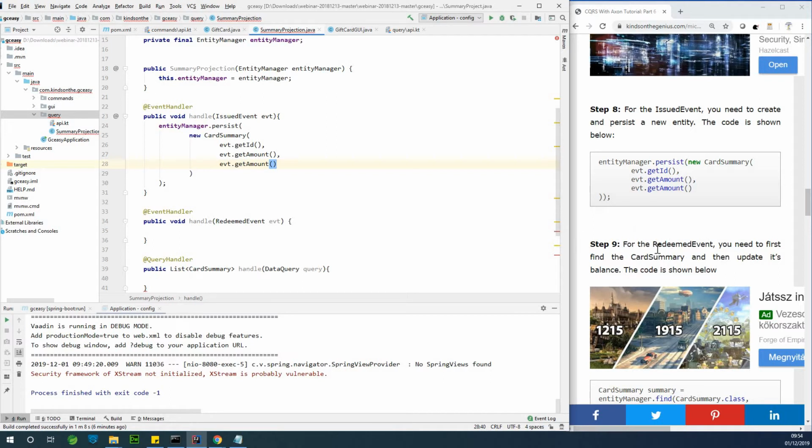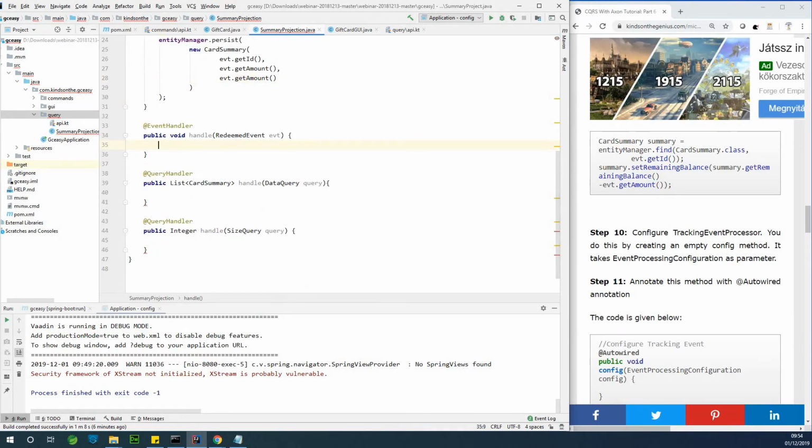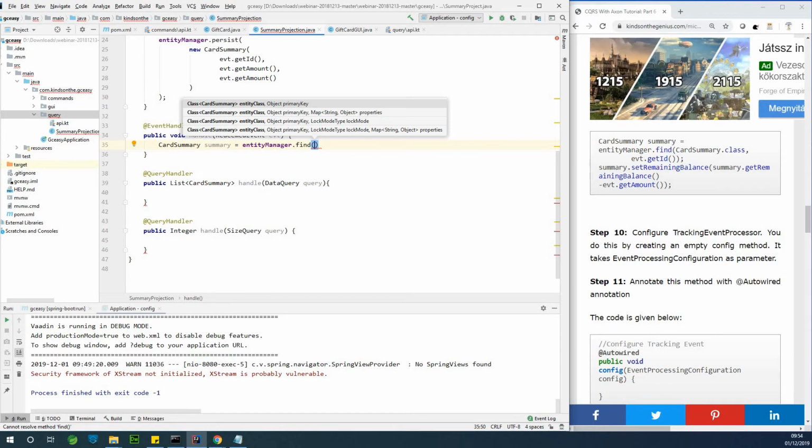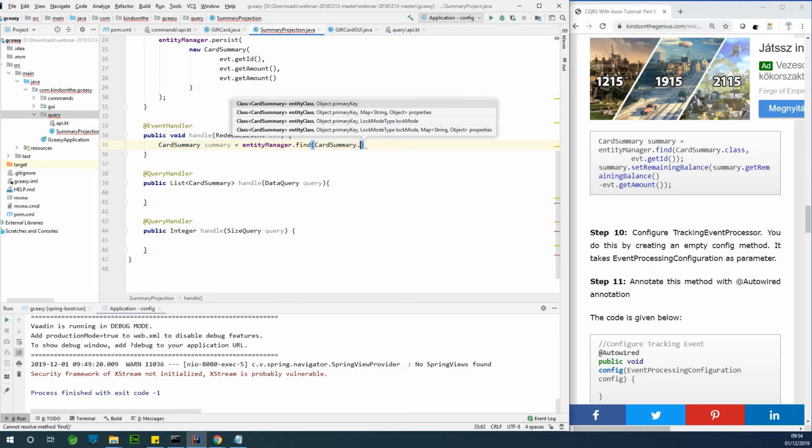For the redeemed event, you need to first find the card summary and then update its balance as shown. So for the redeemed event, we are going to first find the card summary. So I'm going to say card summary, let's call it summary, is equal to entity manager dot find. So we are going to find a card summary that has the ID of the event. So I'm going to find card summary class, and the ID is going to be